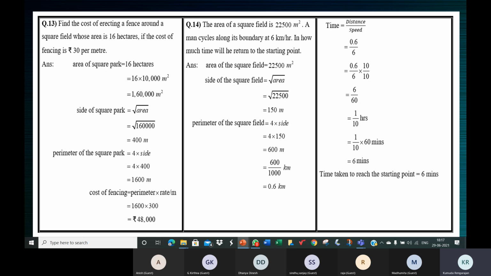If a number is a perfect square and it ends with zeros, then it will end with only an even number of zeros. That is what it is. It will have 2, 4, 6, 8, an even number of zeros. It will not have an odd number of zeros. So supposing you're given a number with an odd number of zeros, you can directly say this is not a perfect square.